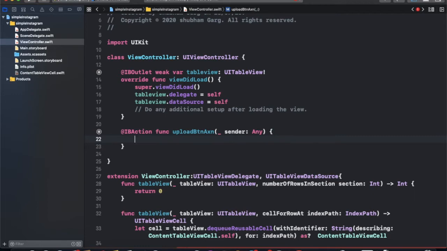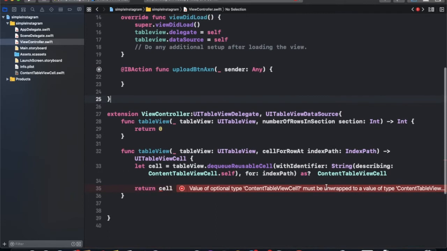But one thing is, we are just uploading things from the device itself and then showing these things in a list. So we make it like that.